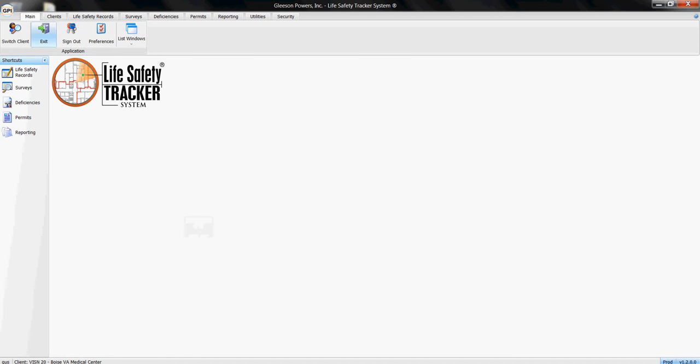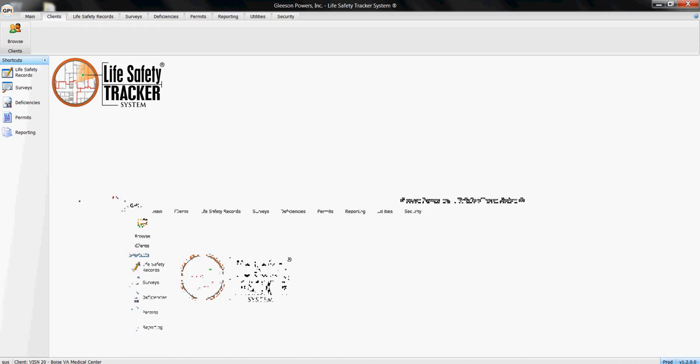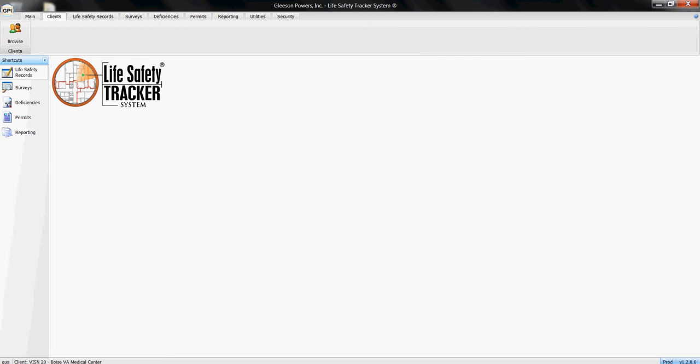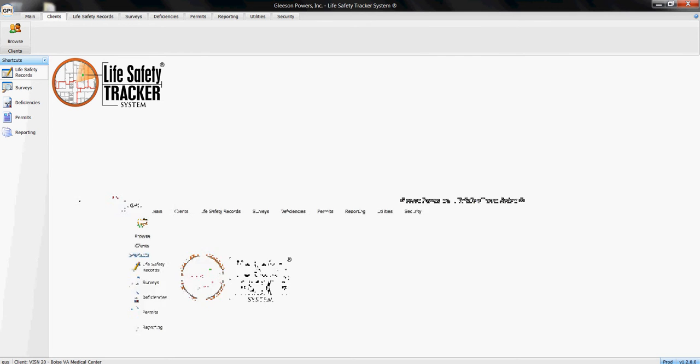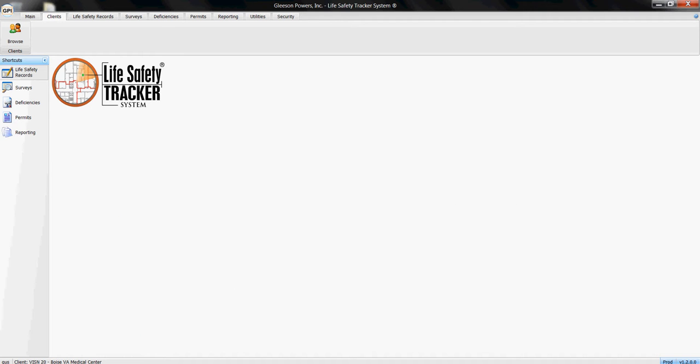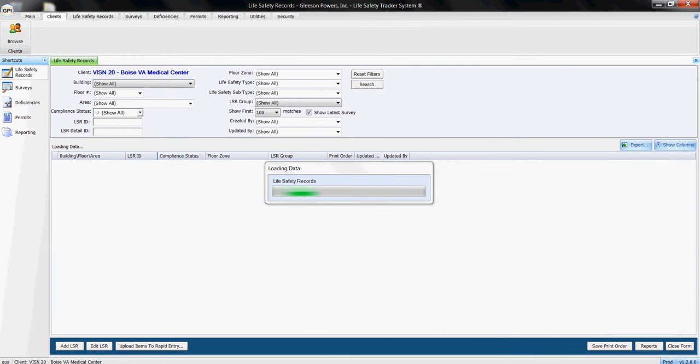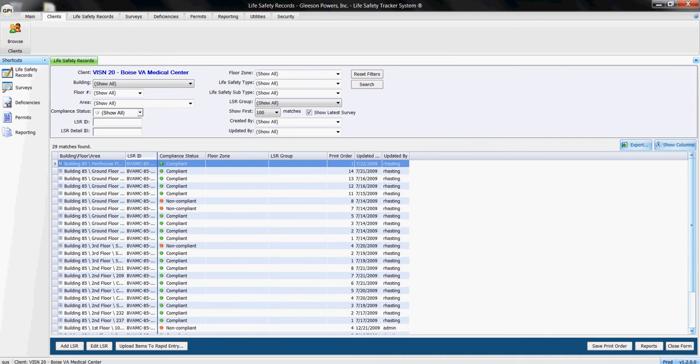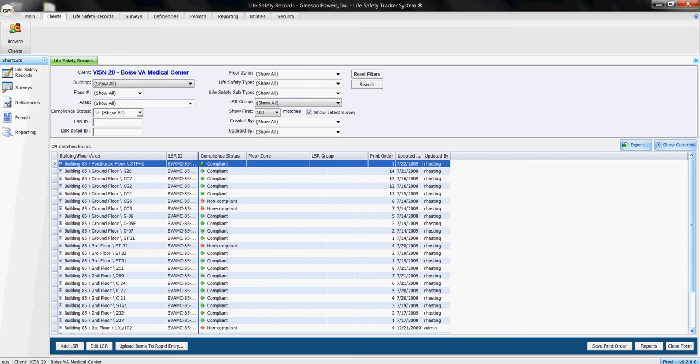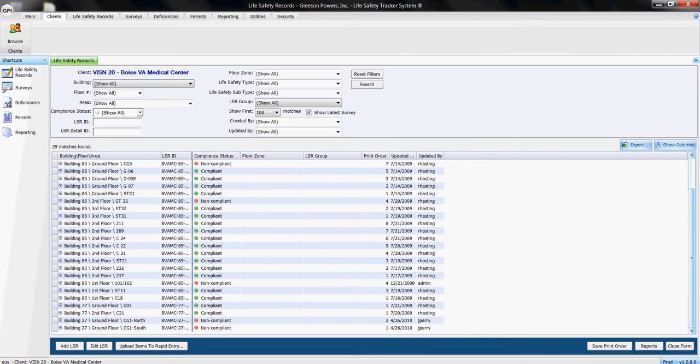Okay, we're going to be testing a life safety tracker issue on production version 1.2.0.0. I only have one shot at this, so I'm only really going to be able to do this video once, so I apologize for anything gone wrong here. The first thing I'm going to do is identify this area here,